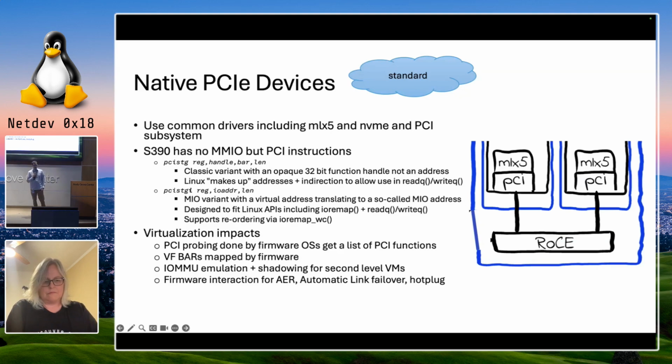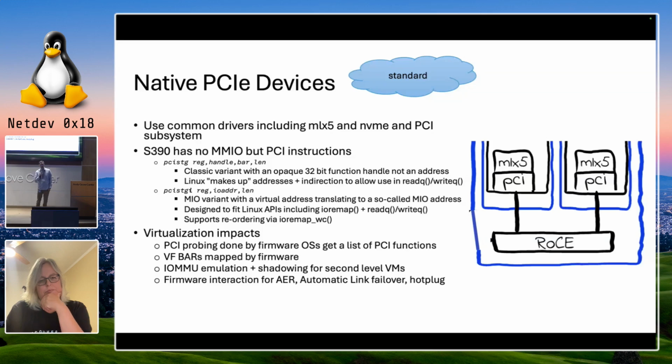So originally we had a PCI store instruction, that's the first line here, but it used the so-called PCI function handle, and the number of the PCI bar that you want to store into, as well as the length of the store, which is of course a working way to do PCI, but it's a bit